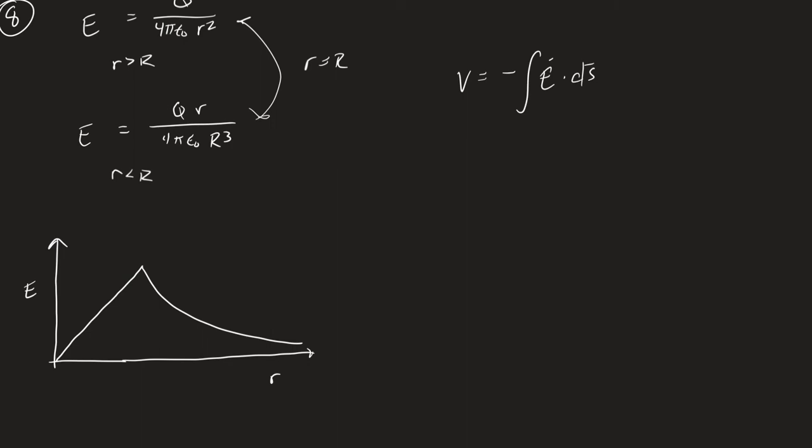So this idea that the electric field is linear at this point inside of the radius of the sphere and is 1 over distance squared outside means that outside you can treat it like it's a point charge, but inside you can't. What's not obvious, and I think this is important,